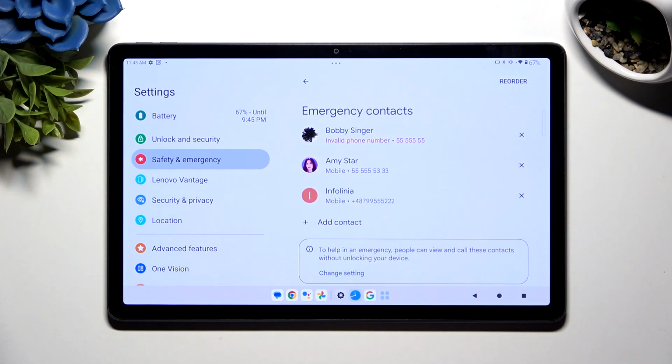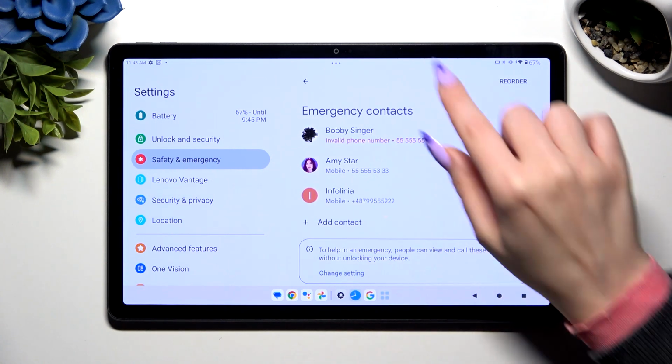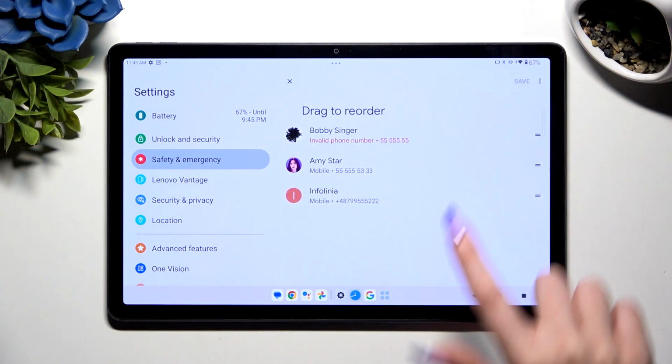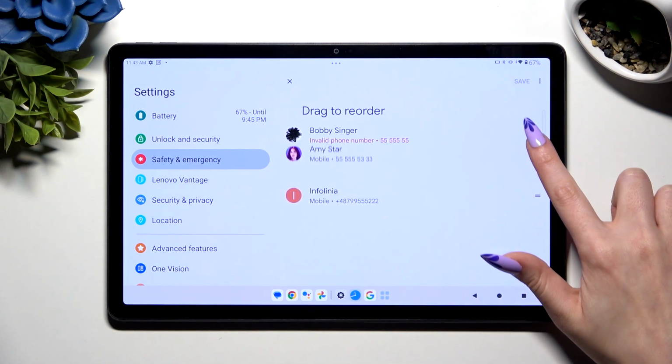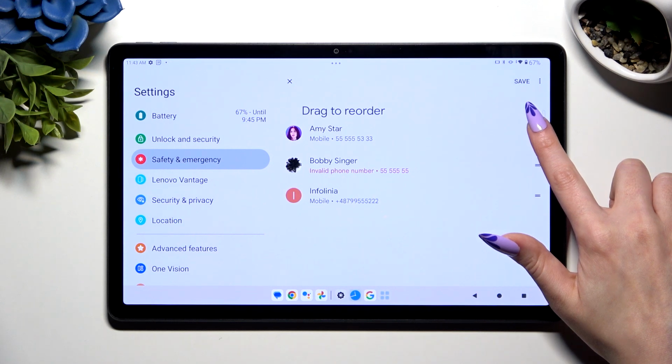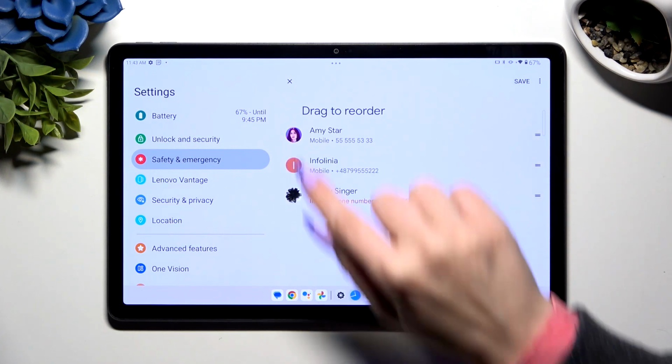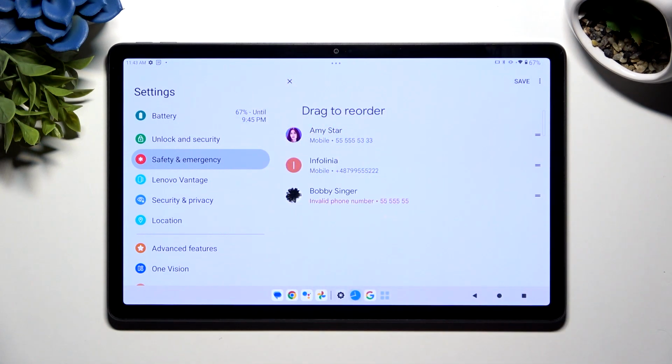If you want to change order of your contacts on the list, hit Reorder at the top right corner, hold the chosen one and drag it to the proper place. When you finished, to discard your list, use this X, and to save it, hit Save at the top right